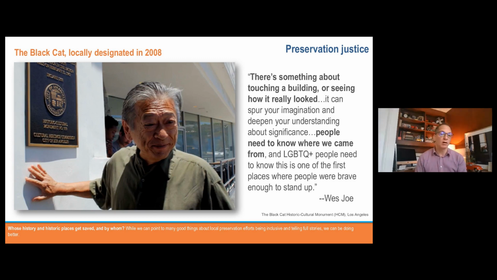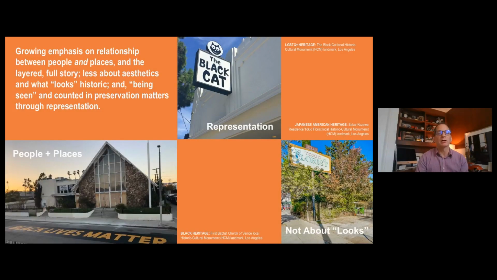So like Stonewall, the Black Cat tells that story, actually before Stonewall, in terms of understanding and the importance of having it saved and also acknowledging a broad range of history and by different people and stories within that complex scenario.